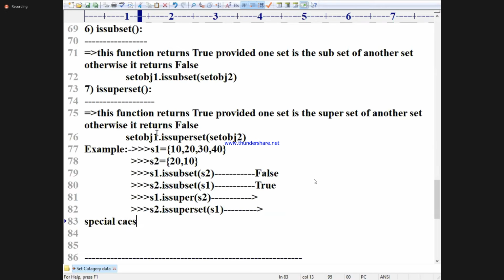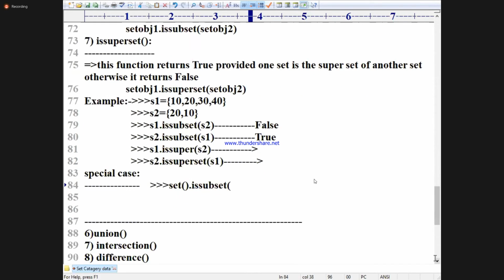Special case. Set of empty is a subset of S1.